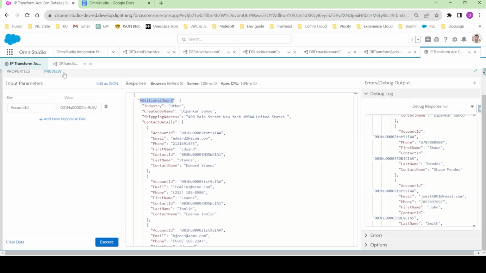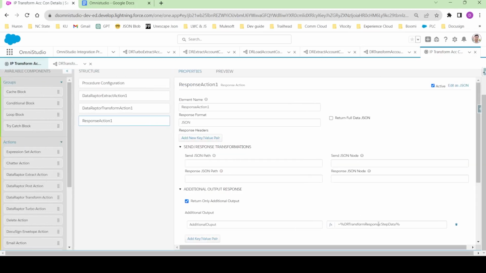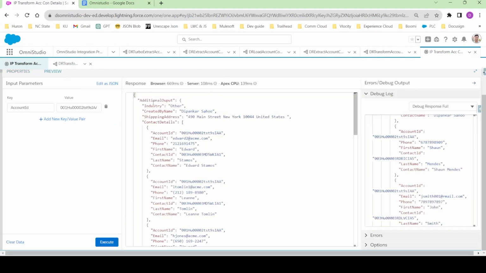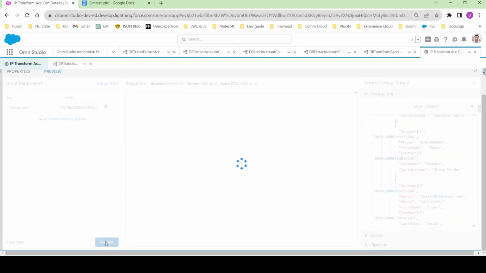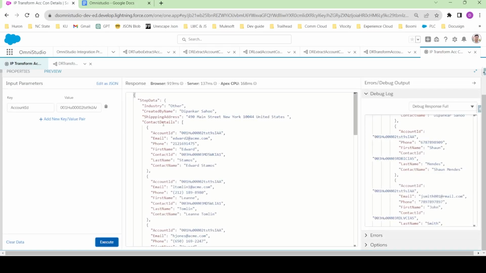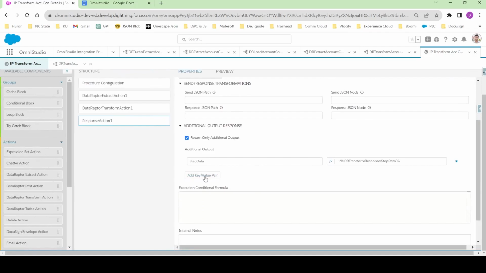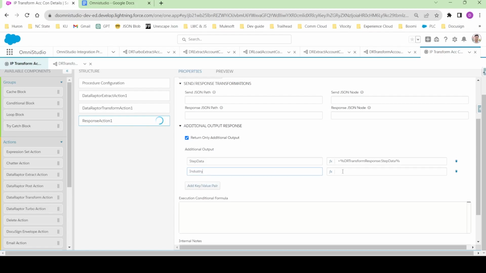And let me see if we again want to execute the step data. Instead of additional output, I can write step data over here, and now this additional output will not be present. Instead it will be replaced by the step data name. And let's say I only want to get this industry node as an additional output, so what I can do, I'll name it as industry, and again